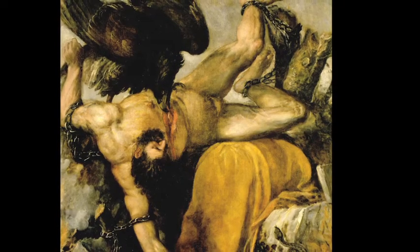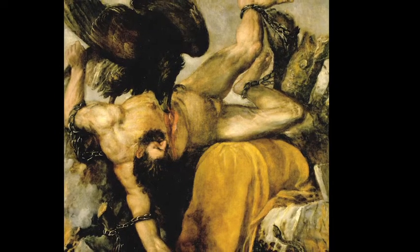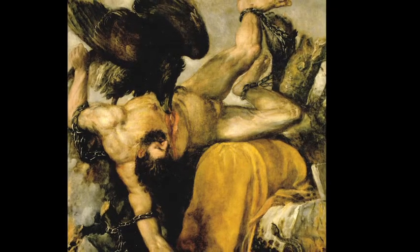Tityus is an irredeemable figure, basically attempted sexual assault. Whereas Prometheus, as we were saying, is a complex figure and can be read as both thief and hero. Tityus, no way, he's a villain. But visually, large hulking figure, chained, attacked by a bird, iconographically, they're pretty close, and even sometimes we're confused between the two. So Titian and Michelangelo, both of whom with these figures of Tityus influenced Rubens, are giants of the